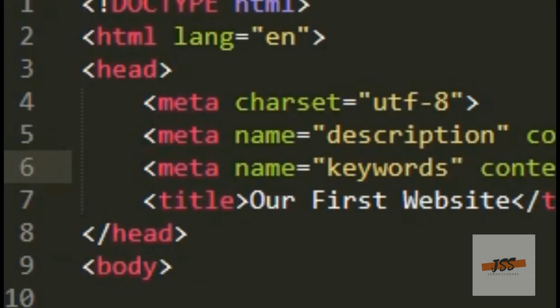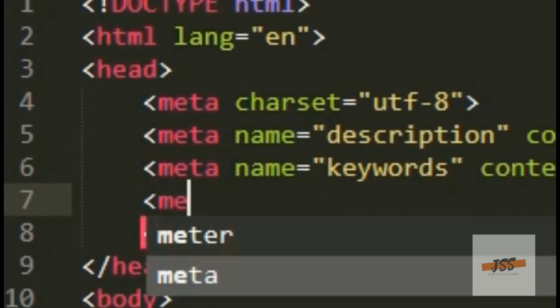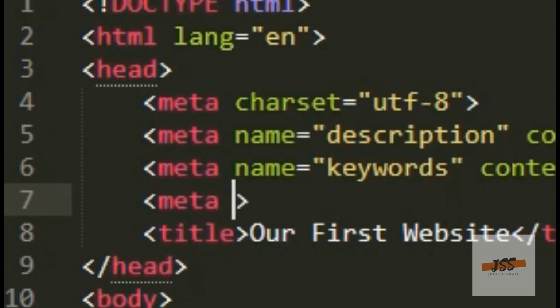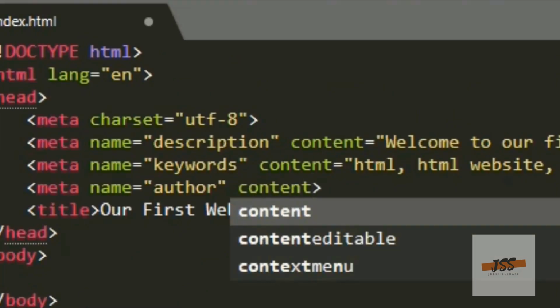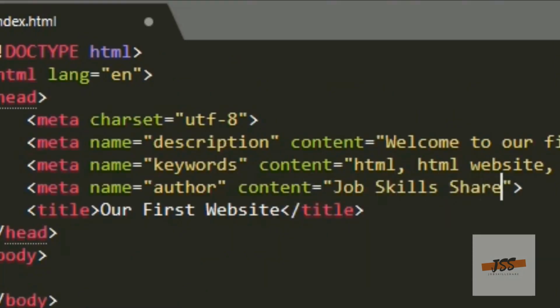Then there is one more meta tag for author name. For this I write meta tag with name equal to author, and in content I write job skills share. There is one